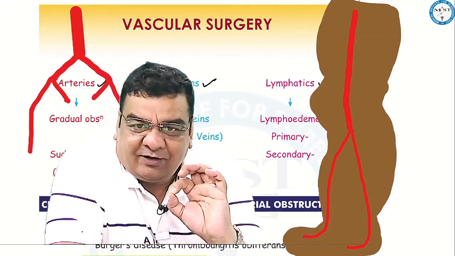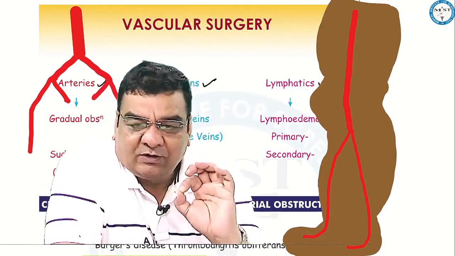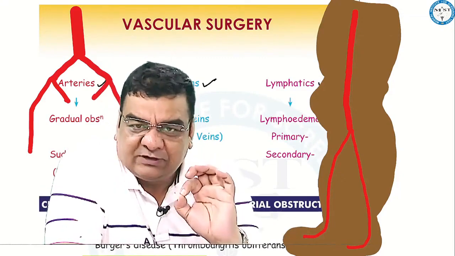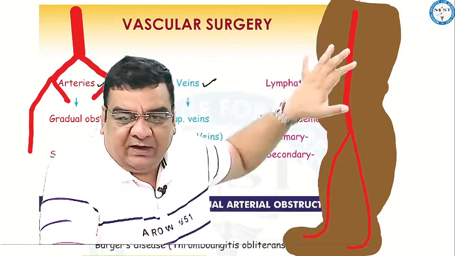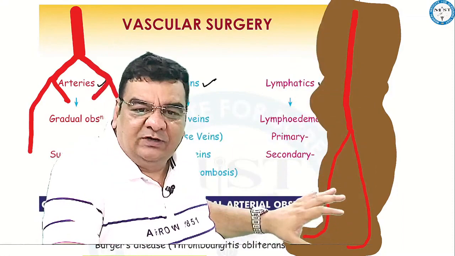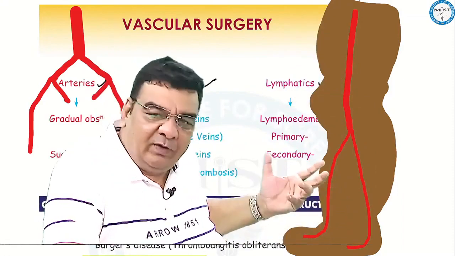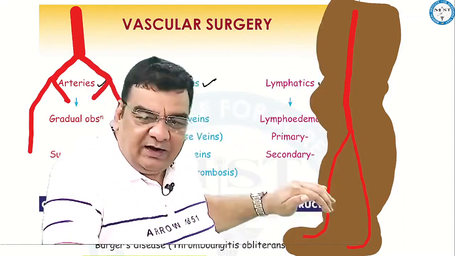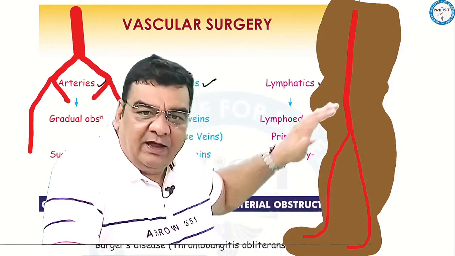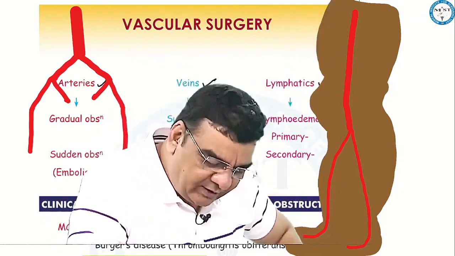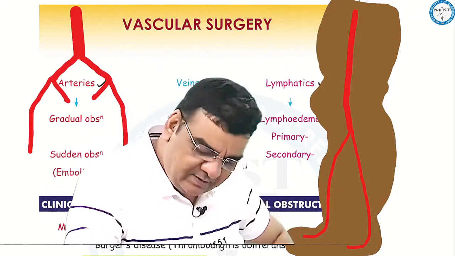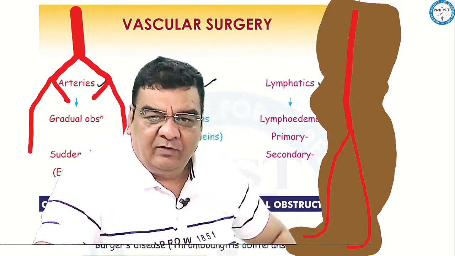The job of the artery is to supply oxygen to different cells of the body, right? Now, wherever the supply is going on, we know that this oxygen is going to get utilized. It will become deoxygenated, and then the deoxygenated blood has to come back towards the heart. So herein, if we take a look at the lower limb, beta, in the lower limb,